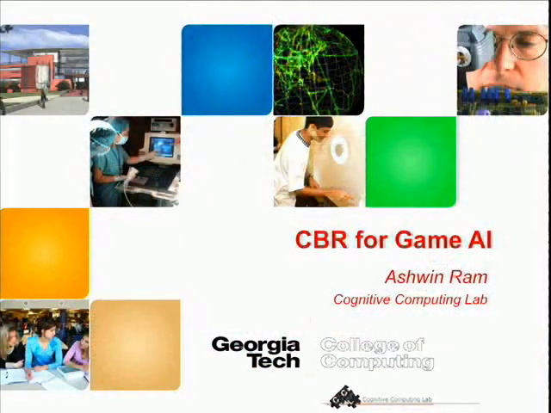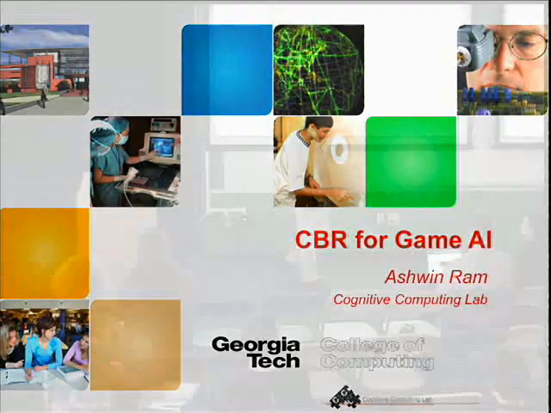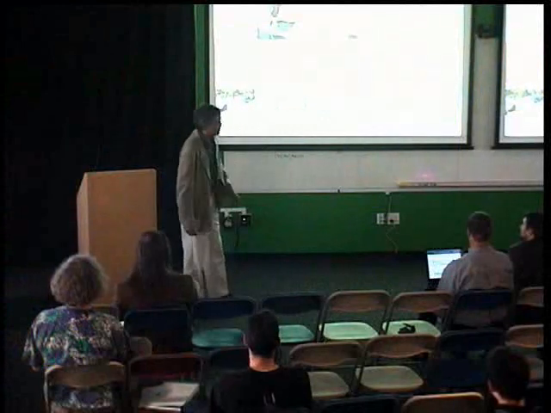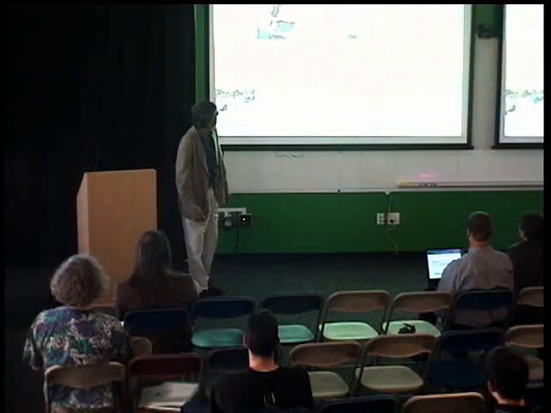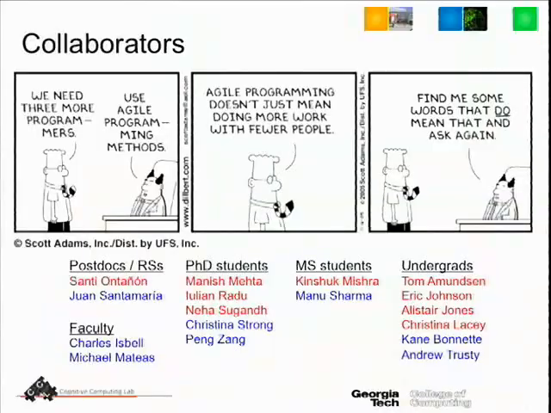Thank you, Anthony. It's a pleasure to be here. We're going to keep this informal. If you have questions as I go, raise your hand, stop me, we'll talk. My lab at Georgia Tech is called the Cognitive Computing Lab. And this work is done with a number of collaborators. People shown in red are people who are currently in my group, but you'll see some papers by people shown in blue as well.